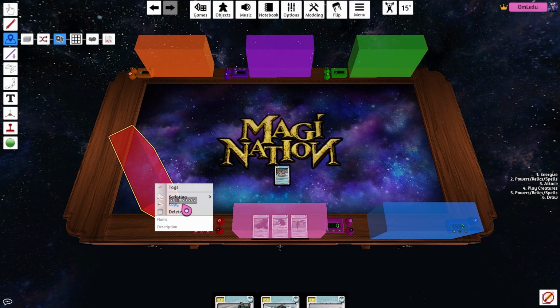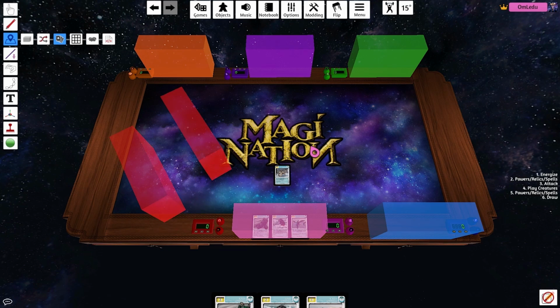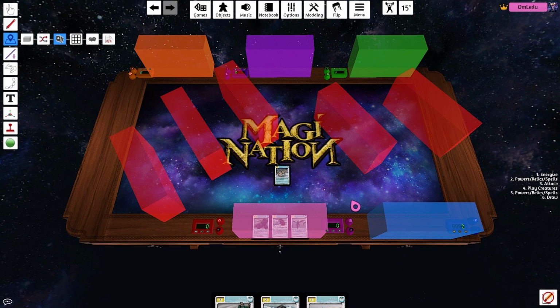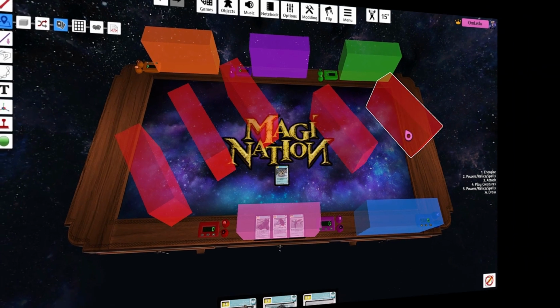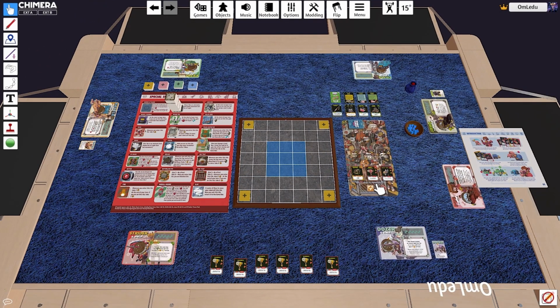And so we can copy and paste these, just like any other object. We can resize them to be whatever size we need. Just keep in mind that these are private zones for the specific color of player that matches these color of zones. Which finally brings me to my very last talking point, and that is how to use objects from other